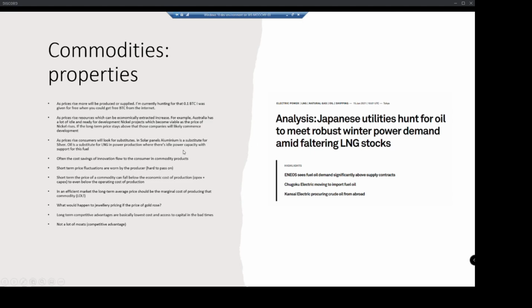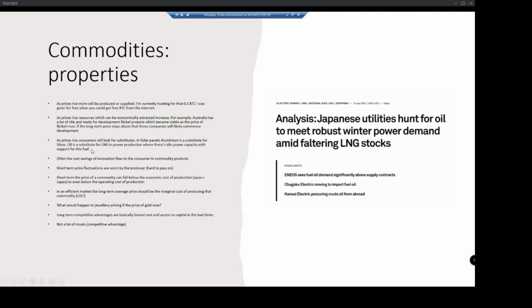And as prices rise, people naturally look for substitutes. The example here is in solar panels, where silver is used for the backing of solar panels, for the mirror. And aluminium is actually a substitute for that. So if the price of silver rises, the solar manufacturers may substitute aluminium. The reason they use silver is because it's better than aluminium. But when the prices encourage them to look more closely at aluminium or a substitute, they're very likely to find a way to make it work.